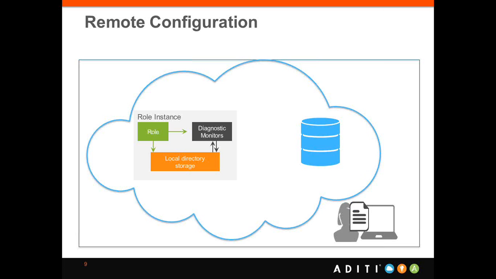Either you can download, change, and upload it, or there are PowerShell scripts or PowerShell cmdlets available to modify it using secured certificate access. So you modify that information and you upload it again to the database, that is blob. And your diagnostics monitor is always polling that storage to see if there is any change in that configuration file. If there is any change in the configuration file, it will pull that file onto the diagnostics monitor and configure